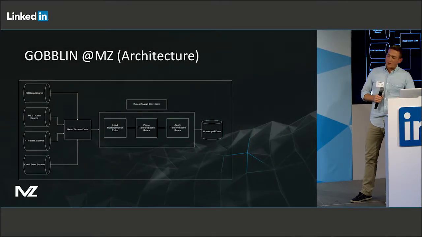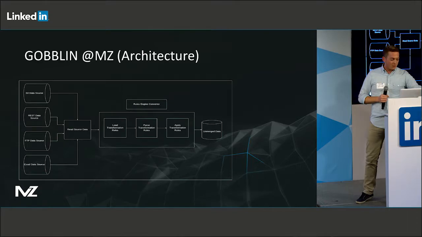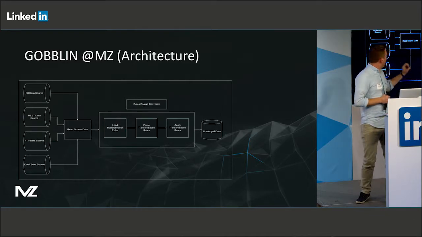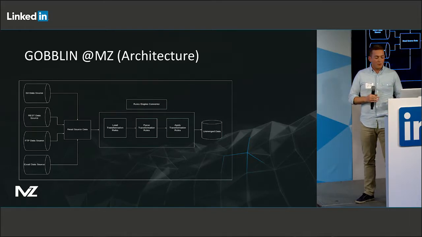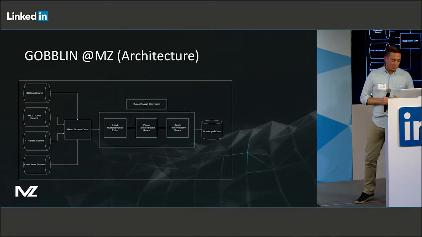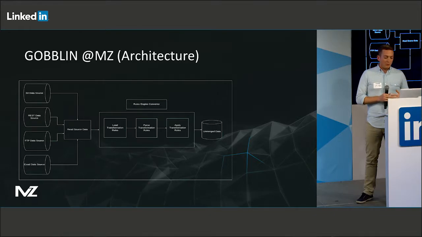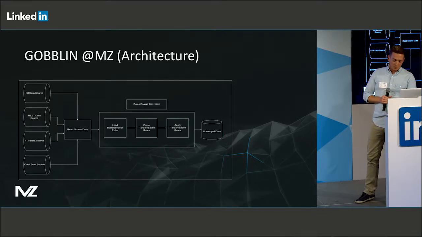But yeah, I don't know how well people can read this, but basically this is just a high-level overview of all the different data sources that we use. The entire box represents Goblin. This reads the data, goes through the rules engine converter, which loads the transformation rules. We have one per data source per network integration. So for example, Facebook spend has its own transformation rules. Facebook campaign data has its own transformation rules. These are all written to what we call the unmerged data set. So compaction was a big problem for us because we were using so many different types of data sources, and I'll talk a little bit about that in this slide.